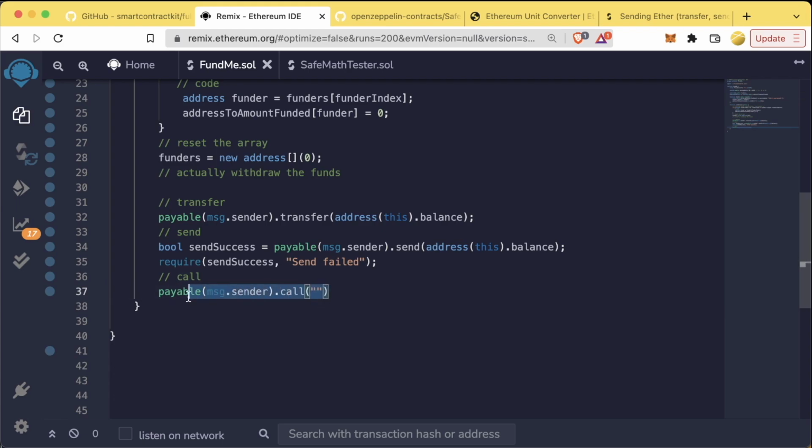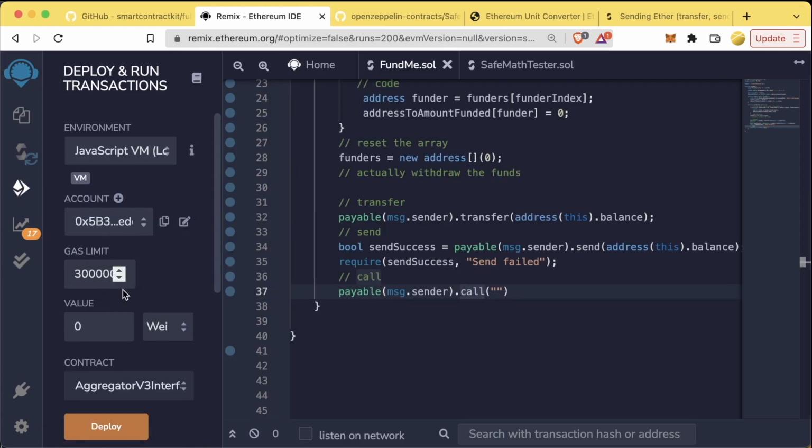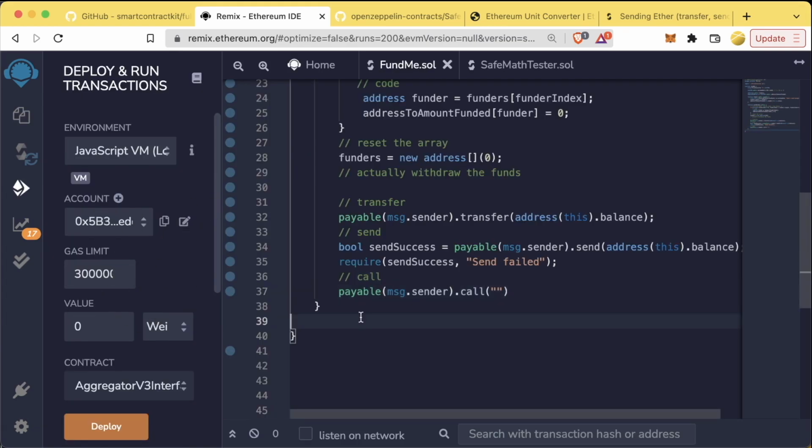We instead want to use this like a transaction. And as we saw in our deployment, there's always this message.value bit. So we're going to use this call function as if it's a regular transaction, and we can add stuff like message.value. So in here, we're going to add these squiggly brackets, and we're going to say value